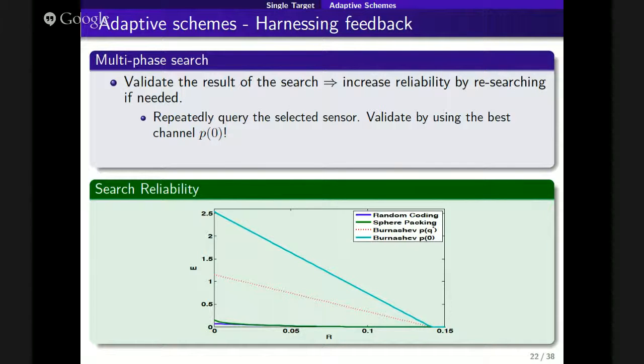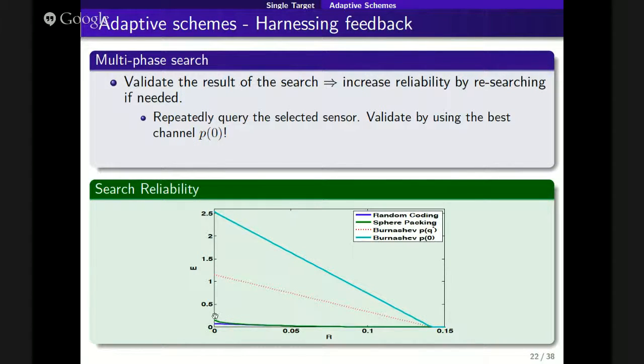to get the exponent with the feedback. What we gain here, actually, is that we gain twice by using feedback in terms of exponent. First, we do this validation. So this gives us the Berdyshev exponent, or Yamamoto, using the Yamamoto-Ito scheme. The second thing we gain is that we do this validation for the best channel possible. For the best channel our system supports, we have 0. So this interval is very small. Right? So this is the point where we need our noise function to be continuous around 0.